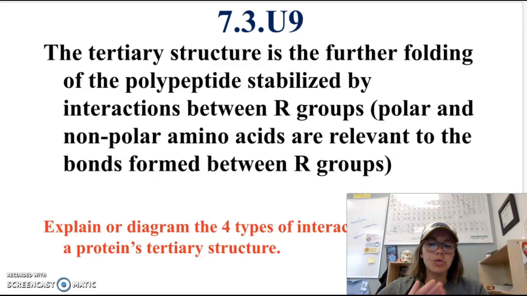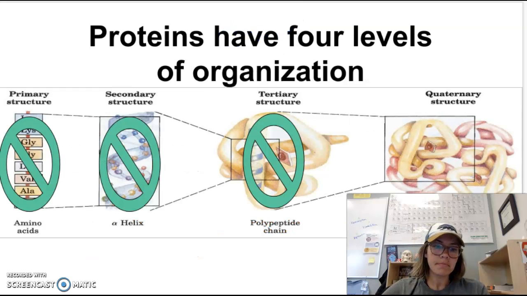So, could you now explain or diagram the 4 types of interactions that lead to a protein's tertiary structure? I'd like you to try and do so in your notes chart there next to the tertiary section of your page. You can pause here and rewind if you need to see some of that in more detail. But we're going to go ahead and move on to the